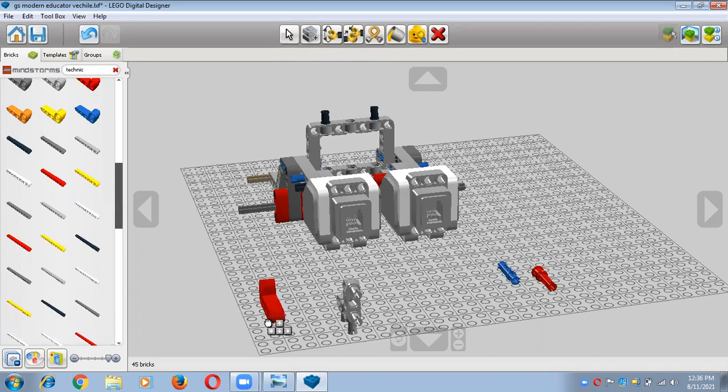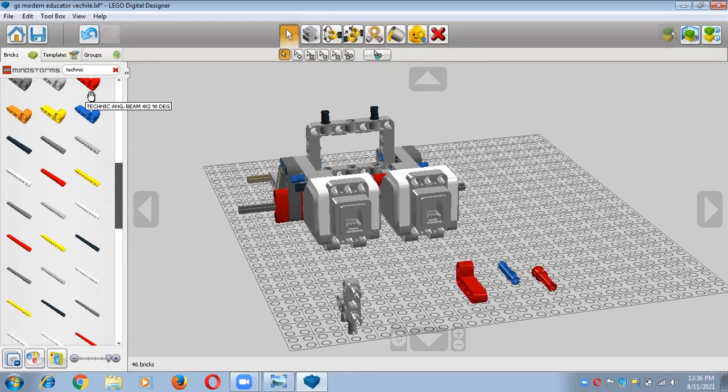Yes, I can take this one, and I can take one more. I want one more of the same part, so I just clone it. Yes, now I have all the parts available. Now I will design how I have to prepare this,